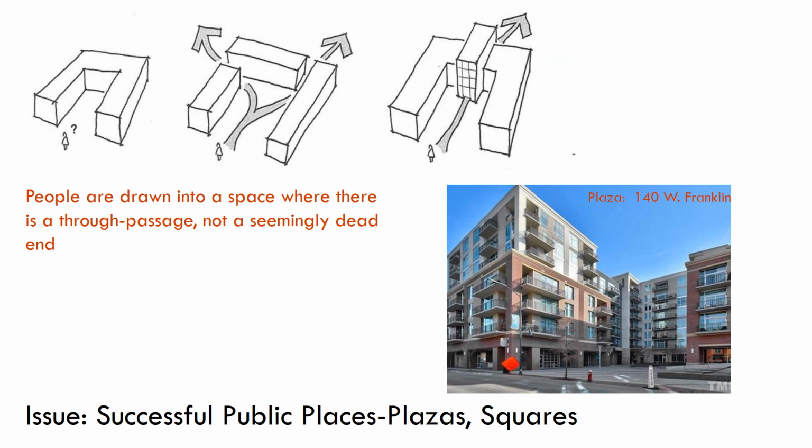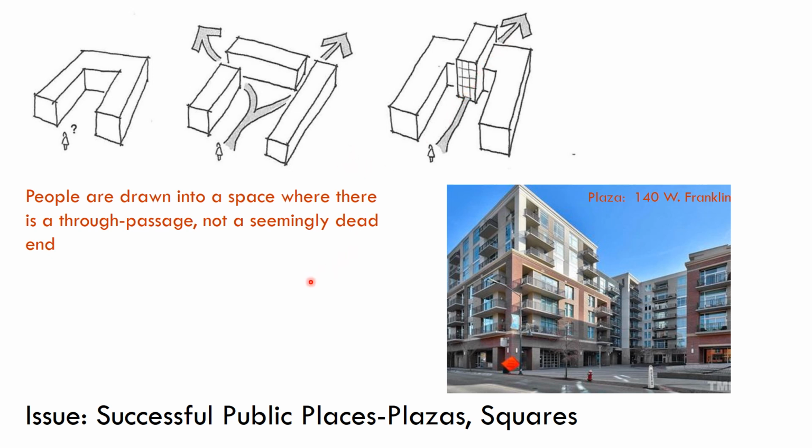Now, if you're going to have a successful space, you need to get people to come into it. And there's this interesting idea that people, when they look into a space, like to be able to see if they can walk through it. I think it's kind of a primitive thing where, again, like we saw earlier, people don't like to be out in the middle of wide open spaces. There's also this sense of, well, do I want to go in here if it's a dead end? Is it worth it? As opposed to looking into a space and seeing that there are multiple ways to walk through it, or perhaps there's a building lobby to go into.